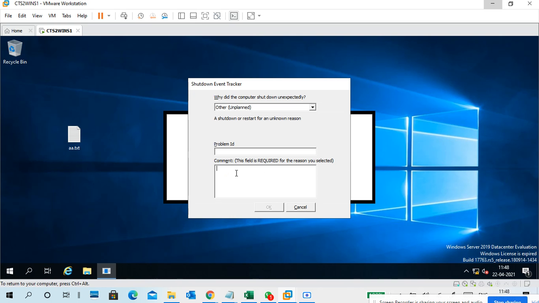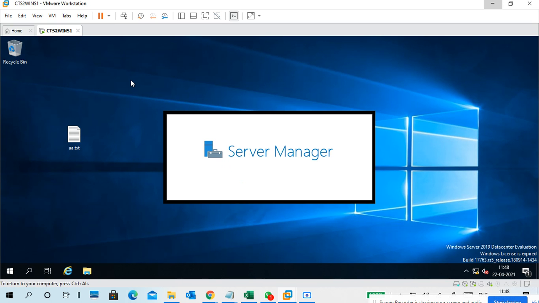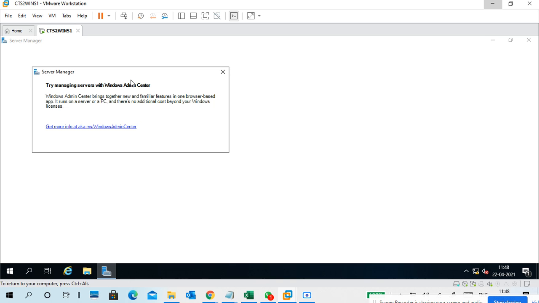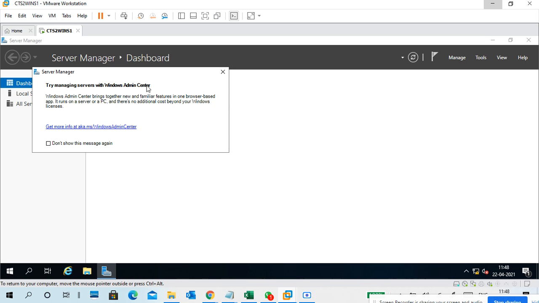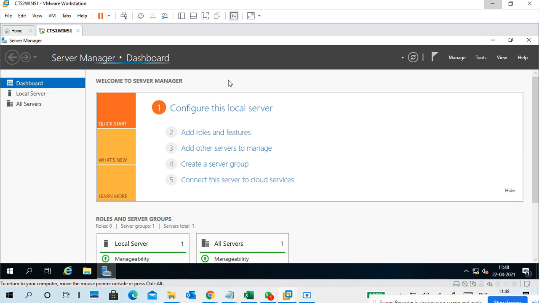Shutdown Event Tracker. A server should not be shut down or restarted without telling why; there must be a proper reason. We are not leaving this server alone. Linux server, Windows 10, using these three things we are doing all our practicals up to now.